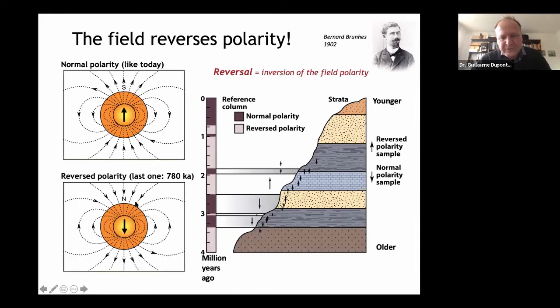So in a normal polarity configuration, in the northern hemisphere you will get a magnetic field that goes down, and in a reverse polarity configuration, the magnetic field is going up. This is shown by these little arrows here. At different periods of deposition, you will get either a normal or a reverse polarity. People found that out just by looking with a compass, with a very simple magnetometer in the beginning, and they found that this reversal existed.